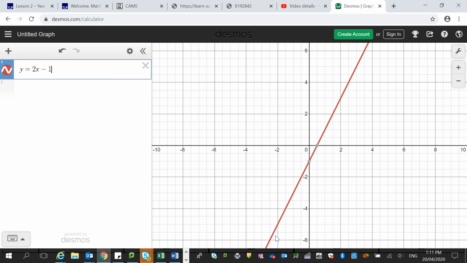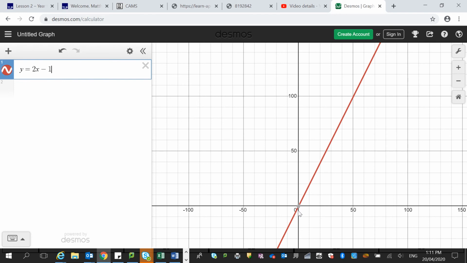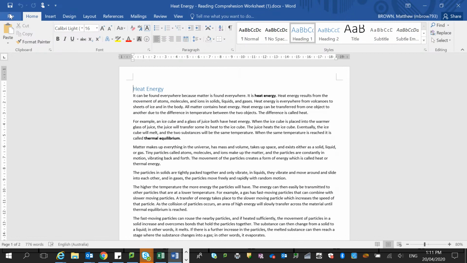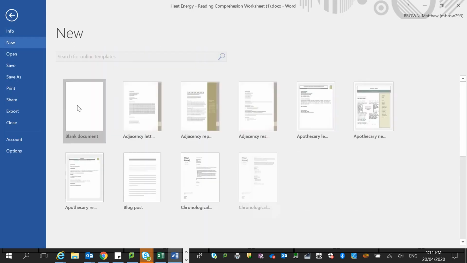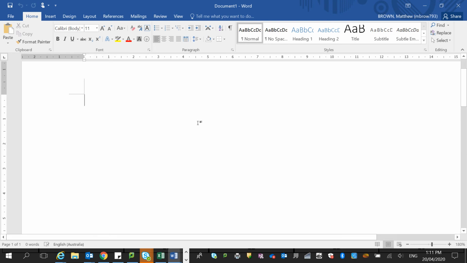We can see that if we scroll out, the domain and the range are both from negative infinity to positive infinity. So if this was the case, open a new document. If this is the case, we would go